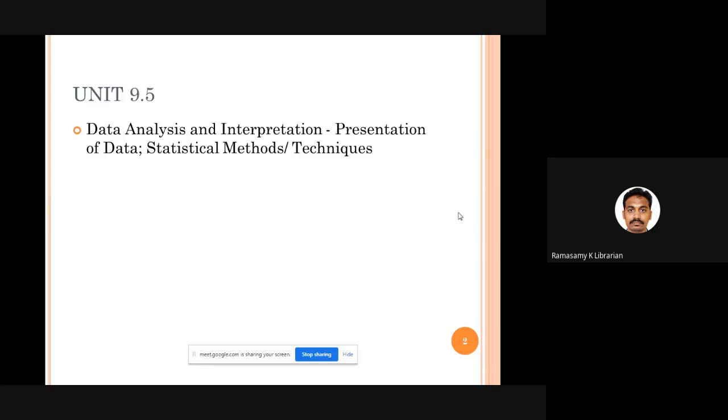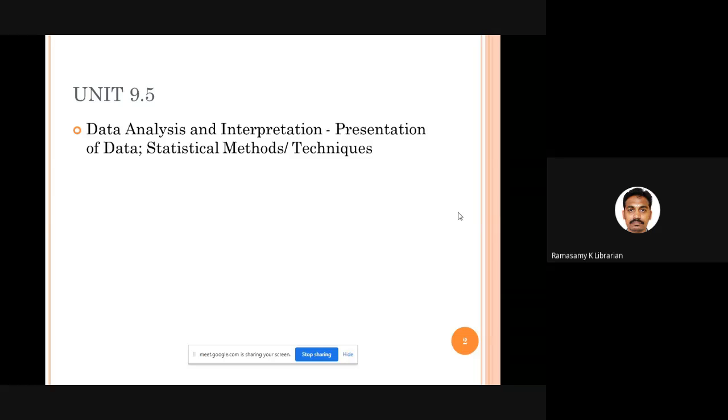You have got some data with you. This data is going to be analyzed, organized, presented, and interpreted. These are the four different stages involved in analyzing the data and getting valid inferences for your research work.